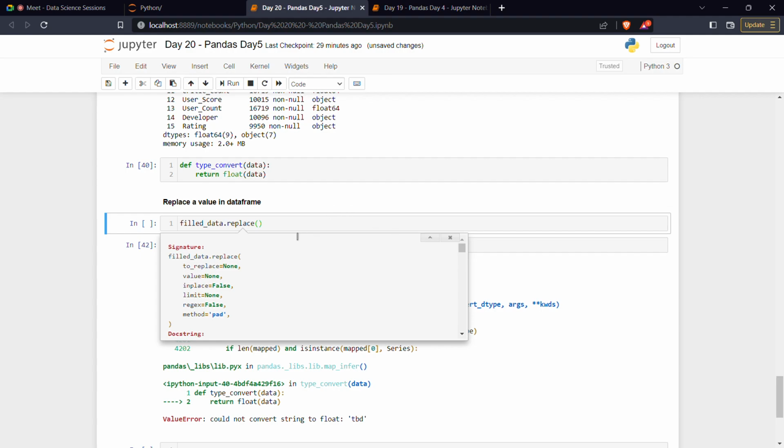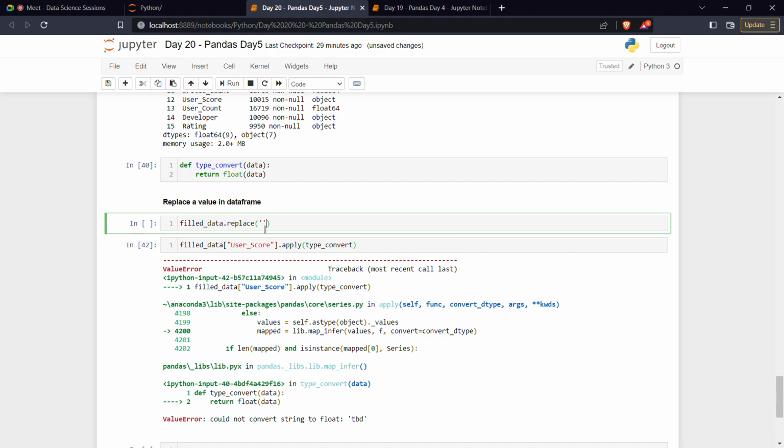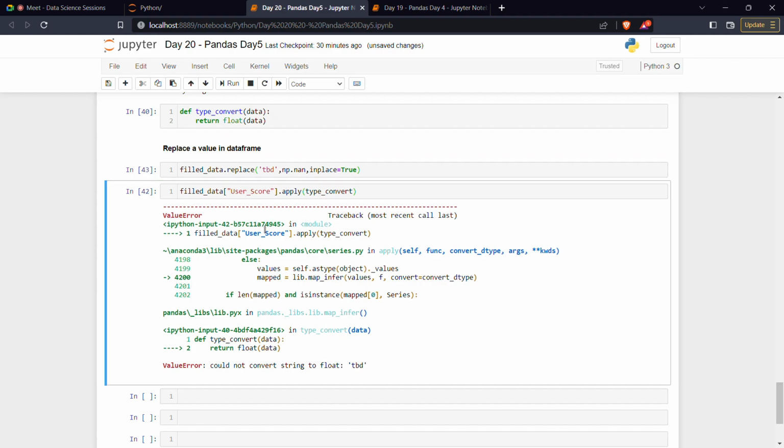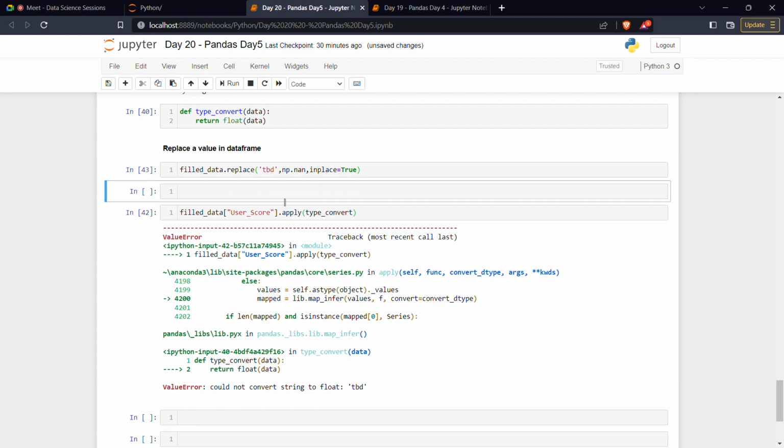There is this thing called TBD, right? This value I'll be replacing with any value. So let's say np dot nan, a null value. I'm going to replace this with a null value, and this one will be inplace equal to true. Done. Now filled data of